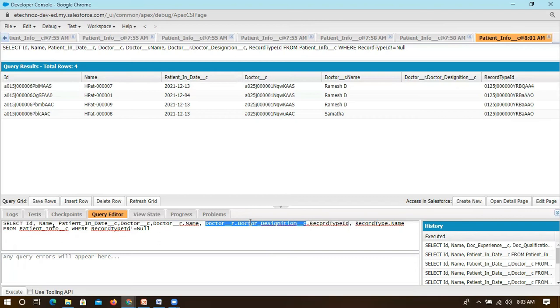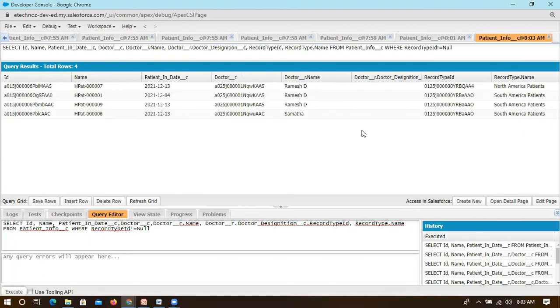So this is the field you have to try, instead of this record type ID. So record type ID and record type dot name. This is also a standard field, which is referring to another lookup. You can see this record ID is a unique identifier within Salesforce. I have already showcased how you can check this also. This is the unique identifier for these 7, which is connected with a North America patient. One is connected with a South America patient. Likewise, you can see multiple.